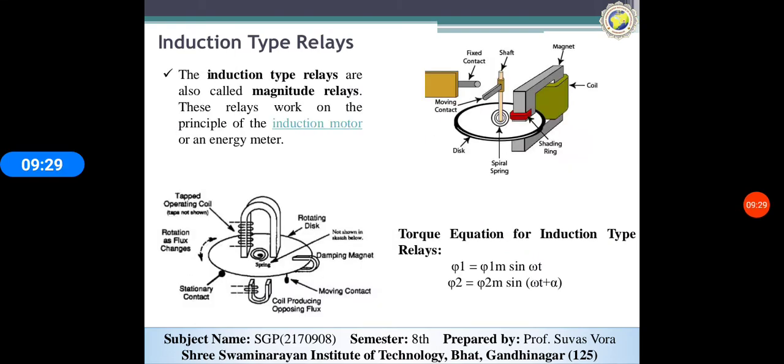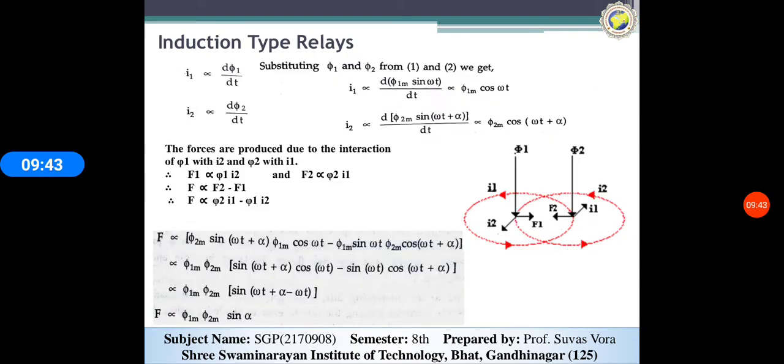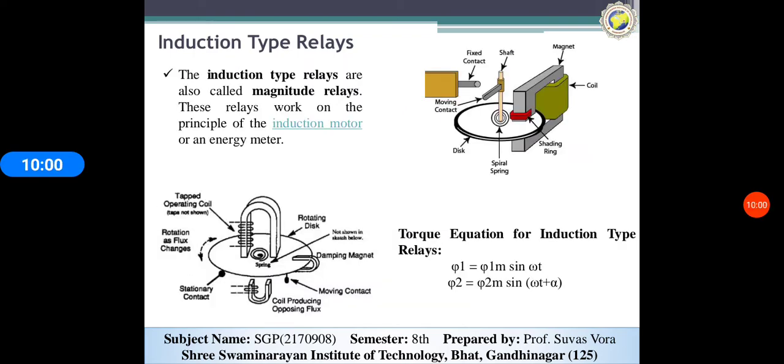Now, how does the induction type relay work? It means how does the meter of the induction type relay work. Basically, you can see I1 and I2, that is phi 1 and phi 2, and we can apply the equation of the angle between the two coils. Now you can see that when the fault occurs, at that time